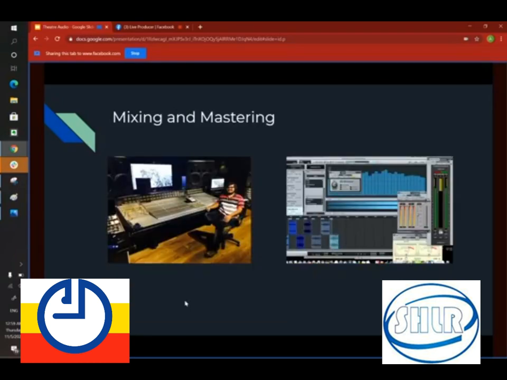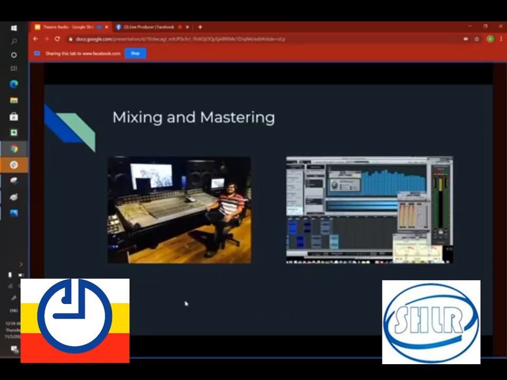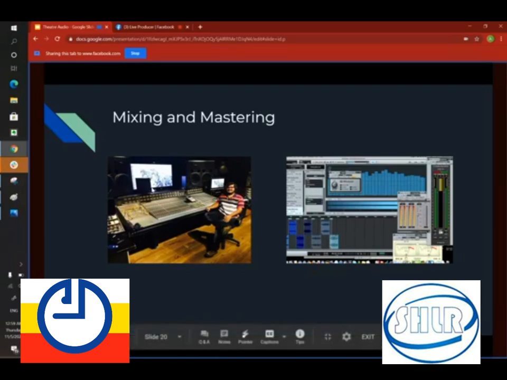And the next one is mixing and mastering. When I was talking about big Broadway shows where there are 25 performers performing a play, each one of them will have a lavalier microphone, that's a small clip-on microphone, which is hidden inside the actor. Just imagine there'll be 25 individual channels on the mixer. That's me sitting there